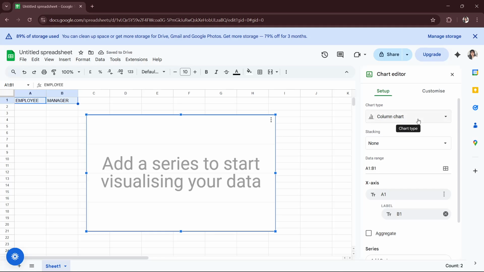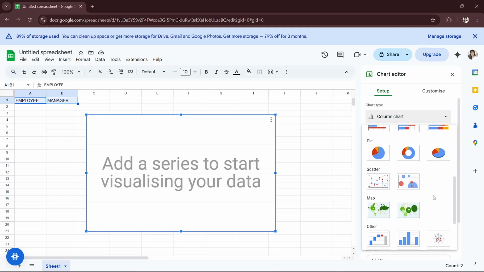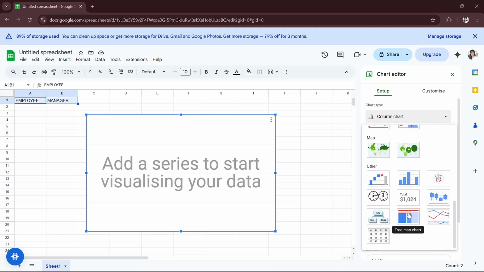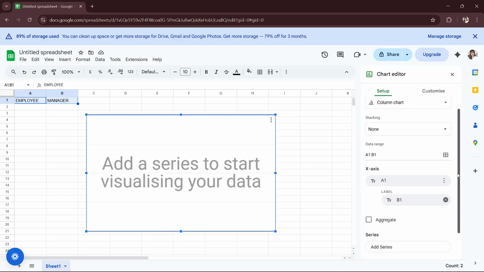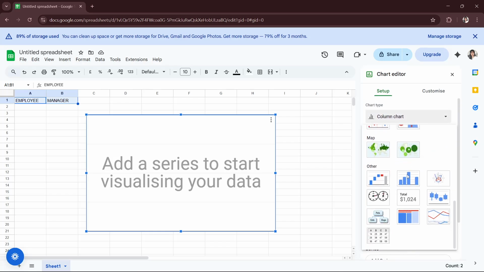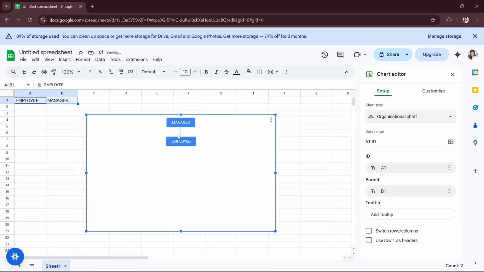And now that you're here, you will just have to look for your right side sidebar panel, and then you will change your chart type to organizational chart. So go ahead and look for it. You'll just have to scroll down until you see organizational chart. So after you see it, you will just have to click it. And as you can see, there's